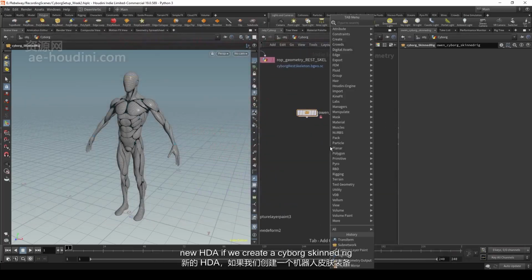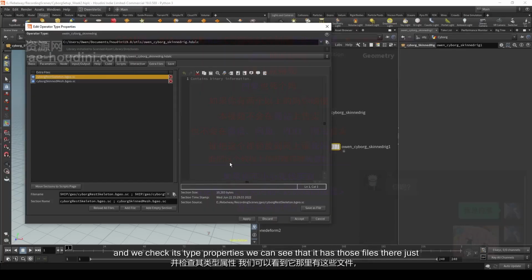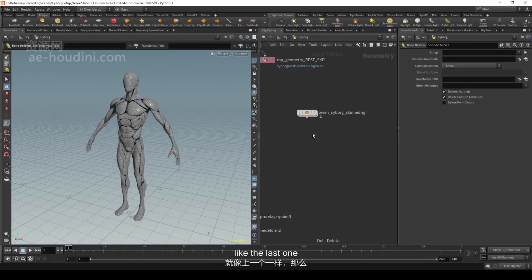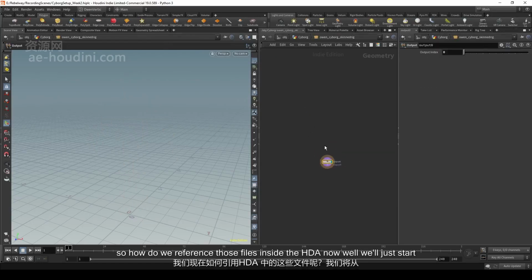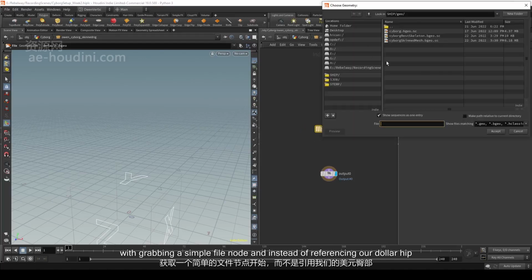Anytime we create a new HDA, if we create a cyborg skinned rig and we check its type properties, we can see that it has those files there, just like the last one. So how do we reference those files inside the HDA now? Well, we'll just start with grabbing a simple file node, and instead of referencing our $hip geo, we're going to